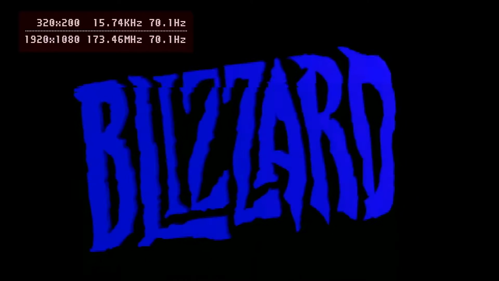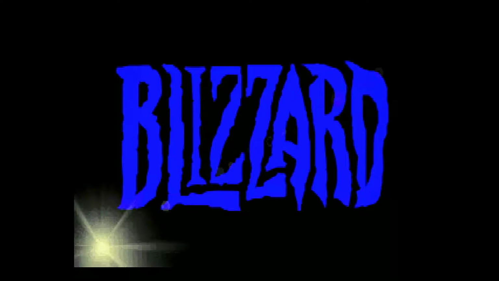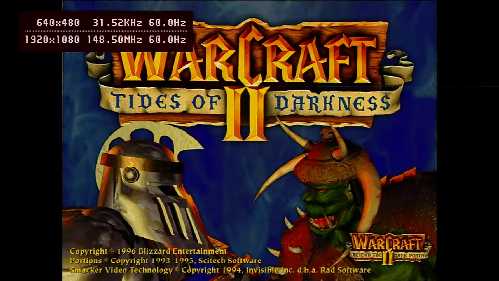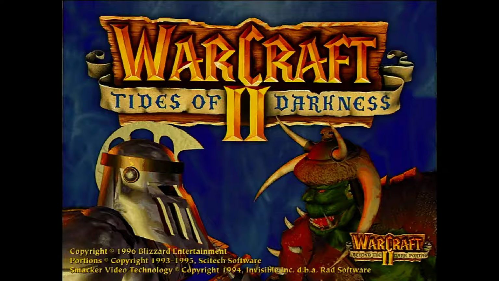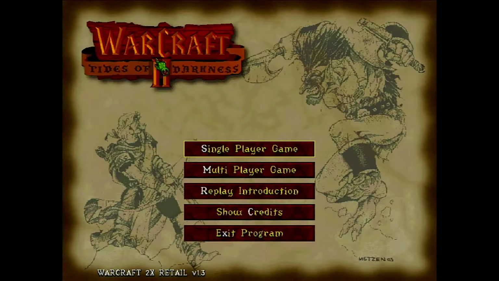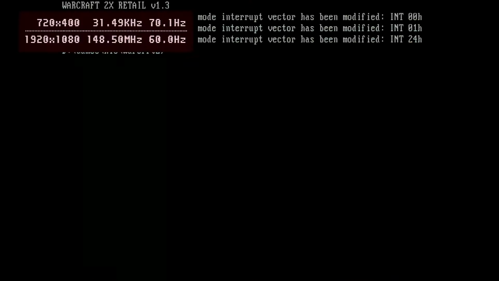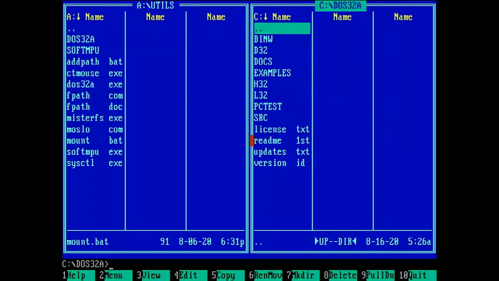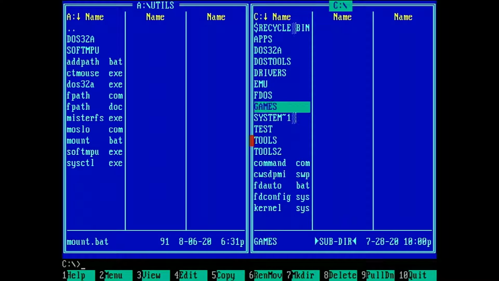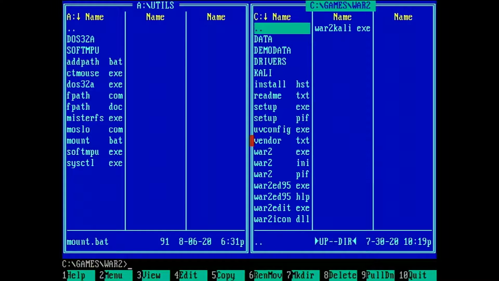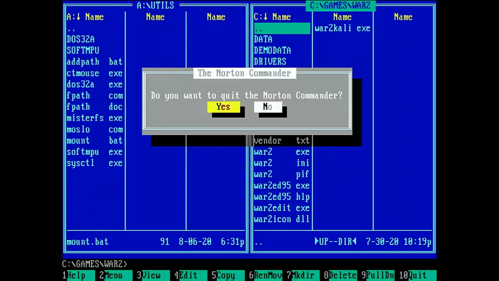And if Warcraft 2 is an exe file that does not use DOS4GW, it would complain about that. So now the game launches, and oh, this is a version that requires a CD. Here we have a demo instead. I don't have the ISO for Warcraft 2 right now, so